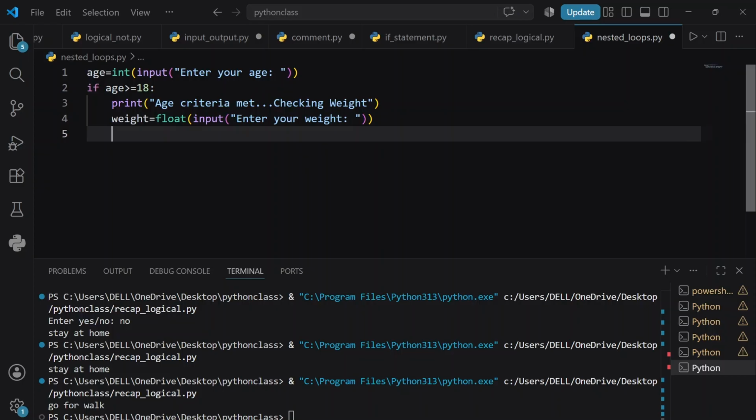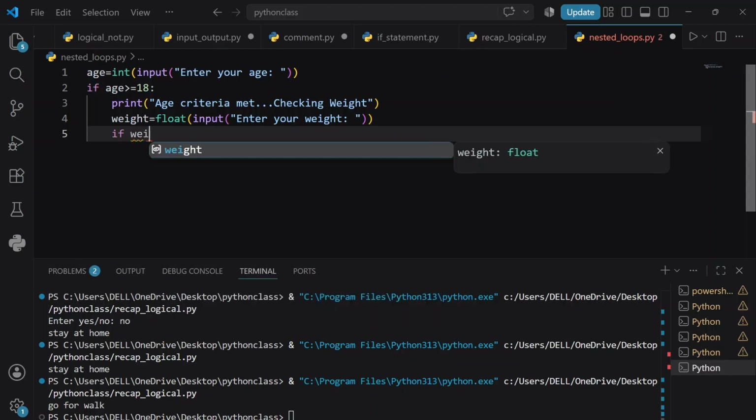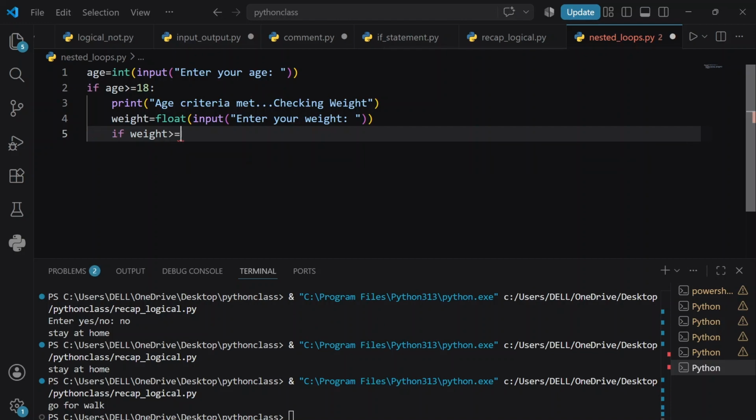Okay. Again, here I'm going to create our new if condition, like if weight is greater than equal to 50,